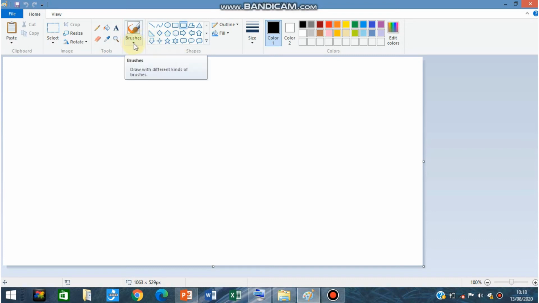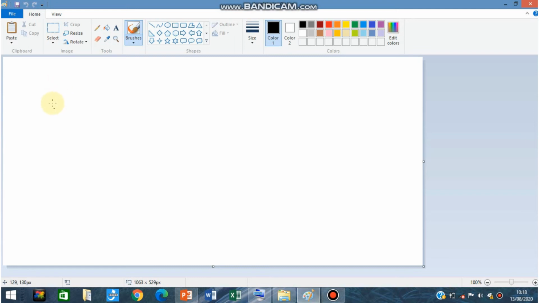Beside this shapes option, to the left of the shapes group, you will find this brushes option inside this whole ribbon. Fine. So when you click on this brushes option, there is also one drop down arrow present on these brushes. Okay, so you can see here one black arrow present on these brushes. When you click on that, a list appears and you can choose whichever brush you want from these available options. Suppose I am choosing this first option and my brush is ready to be used.